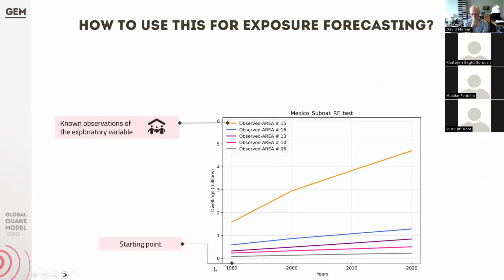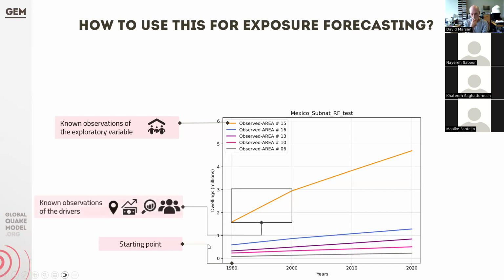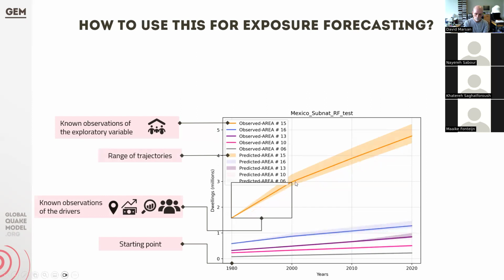And then I can see how my model is performing. So I just choose an initial point for my model, and then I provide for my model all the variables of change that I was mentioning to you. My known observations will basically be how many more people are coming into Mexico City between these decades, how many more buildings, how much more GDP we have in the area, how much more human development we have in the area, and that way we can ask the model to make a forecast or a prediction of how many more dwellings we're going to